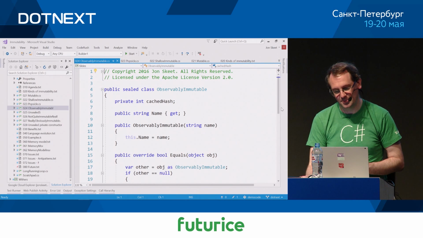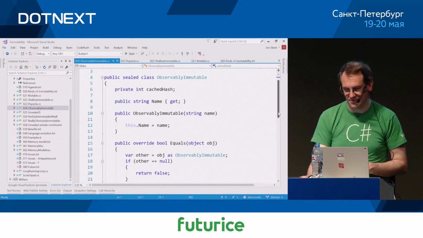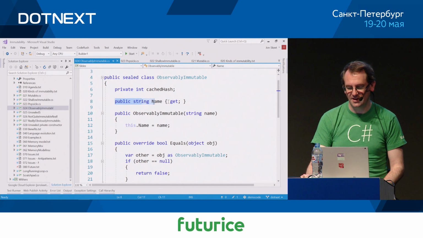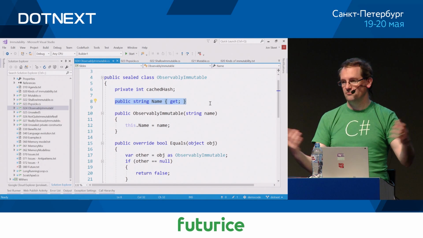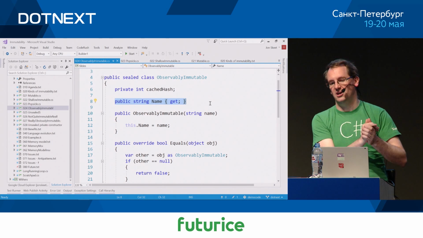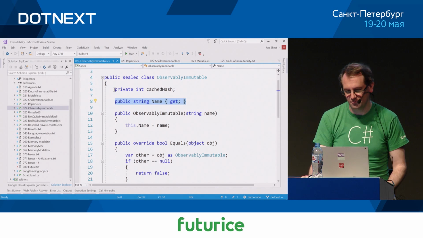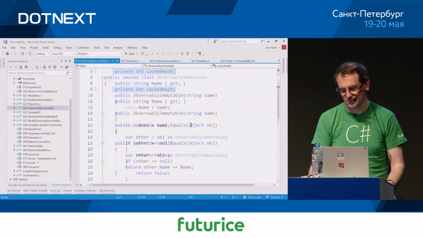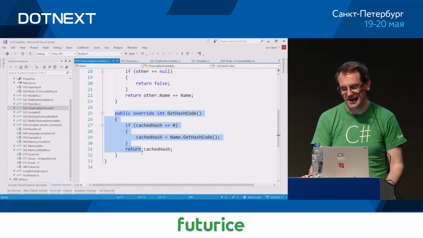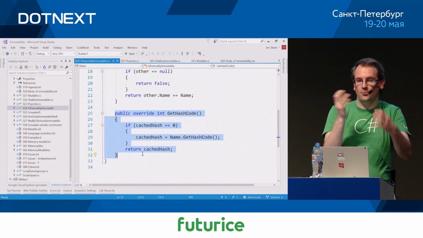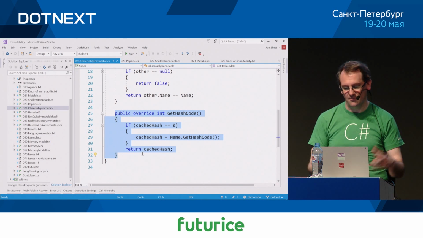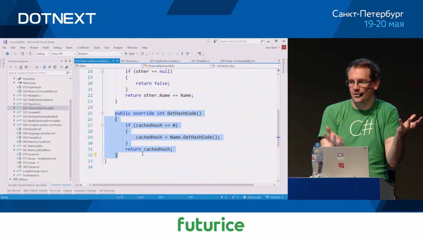This is one of my favorite examples to talk about. So here we have something that we could call observably immutable. We have a name property, which is read-only, and it's a string, and I assert that strings are immutable. But we have this non-read-only field that is ignored in equals, that's fine, but in get hash code, it can change. Okay? If it was previously 0, then we'll get the hash code of name and return either the newly computed